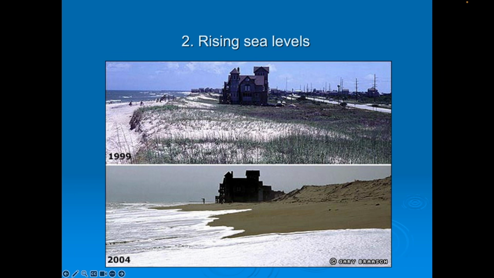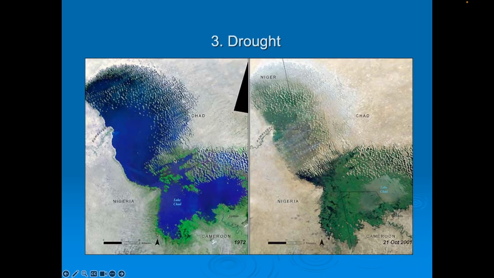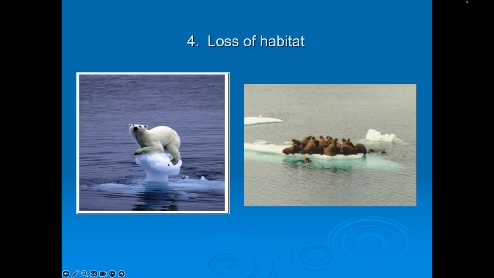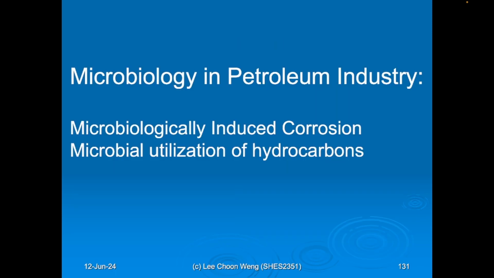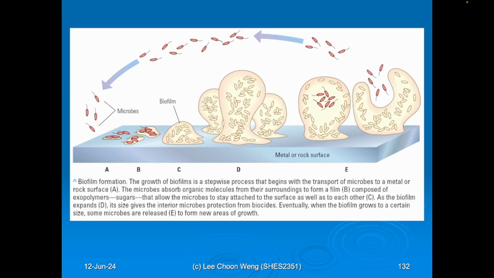Other than increasing temperatures, we are also seeing rising sea levels, longer periods of drought that have dried up lakes and also caused a loss of habitat. Finally, let's look at microbiologically induced corrosion in the petroleum industry. For microbial corrosion, the formation of biofilms is essential,